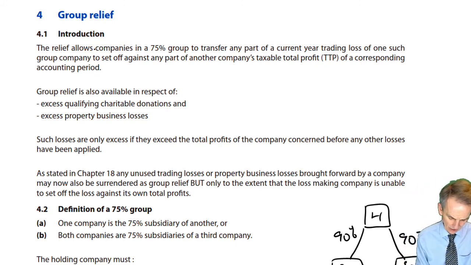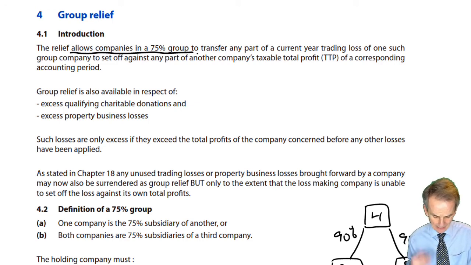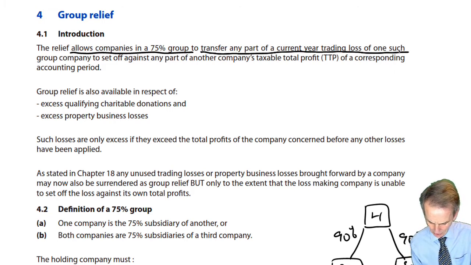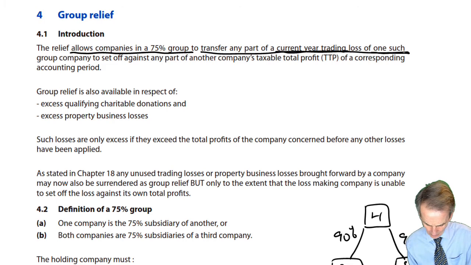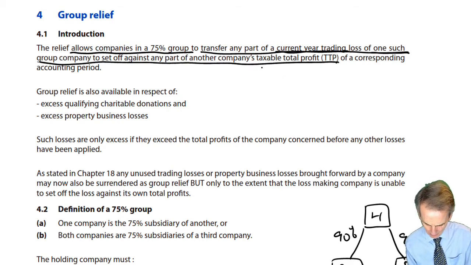Now, in our introduction here, we will remind ourselves that the relief allows companies in a 75% group, more detail on that when we get to indirect subs and sub-subsidiaries in a few minutes' time, but you have to be in a 75% group to then transfer any part of, and it's always the big one, the main one, any current year trading loss of one such group company to set off against any part of another company's within the 75% group taxable total profit, it's TTP, of